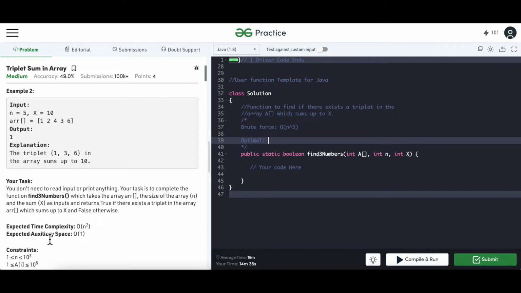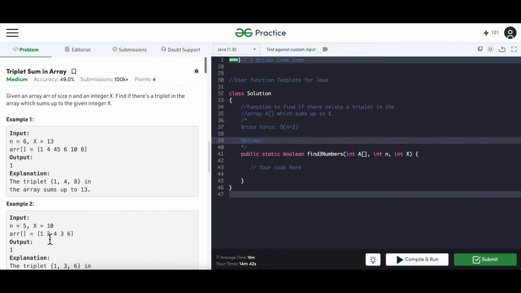So hash map is out of the question. If that is the case, then what we can think of is using a two-pointer technique. So how will that work? Let's say I keep my outermost for loop again still fixed at 1. And if I have one pointer from here, from 4, and another pointer from here, and I just